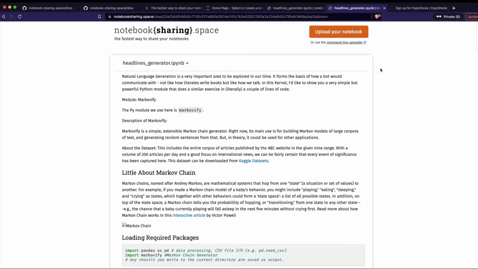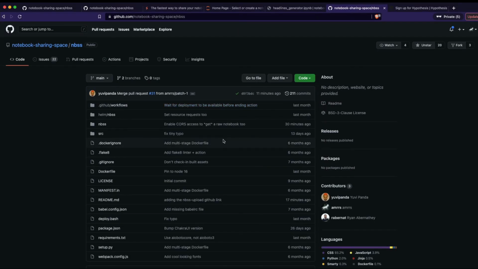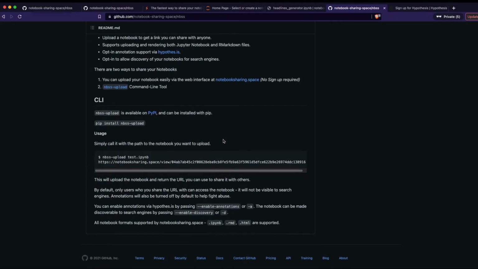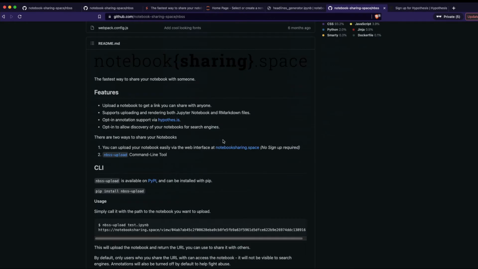Your notebook is now available on the internet for anybody to access, only if you share the link with them. So now you might ask me, why do I think it is a safe solution, right? That's a very valid question. There are tons of different ways to share your notebook. Why do I think this is the fastest and safest way? Because I believe in open source. If somebody has shared their code, it is available for anybody to go and scrutinize. So that's the only reason why I feel this is safe.